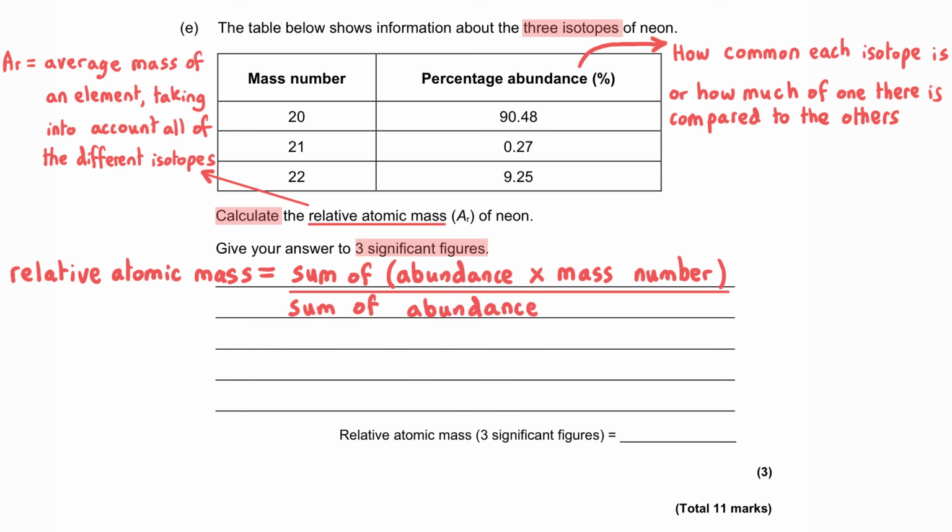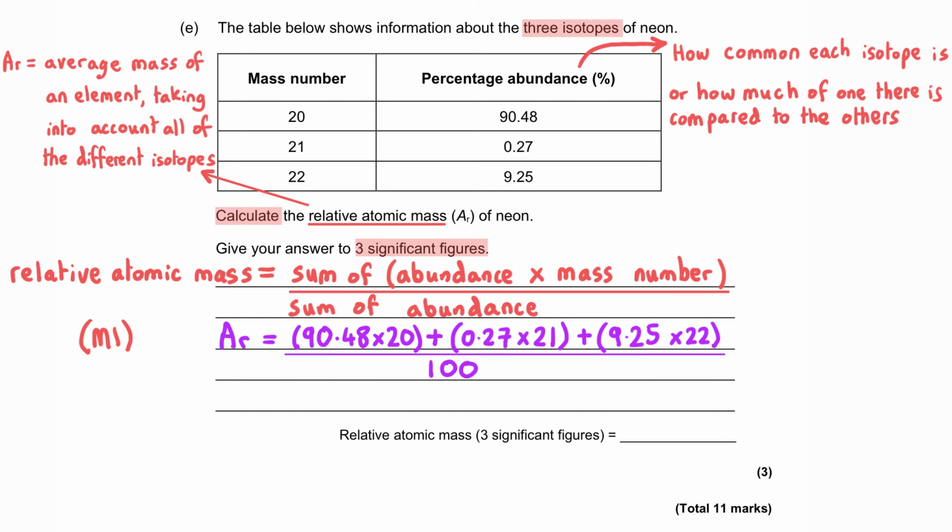And then we need to divide that number by the sum of all the abundances, which, when we're working with percentages, is of course 100. And so the Ar of neon is 90.48, that's the abundance of the first isotope, multiplied by 20, and then add that to 0.27 multiplied by 21, and then add that to 9.25 multiplied by 22. And then we take that number and divide it by the sum of the abundances, which as a percentage is 100. And so we get an answer of